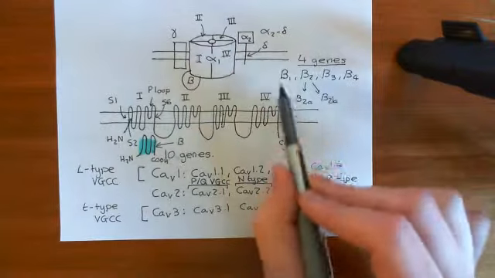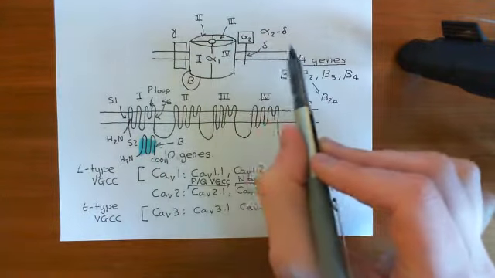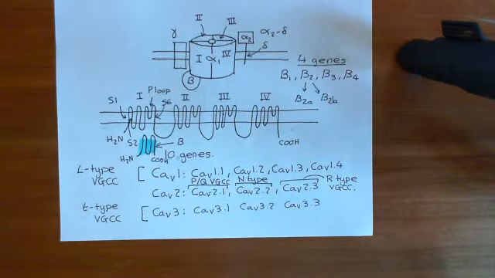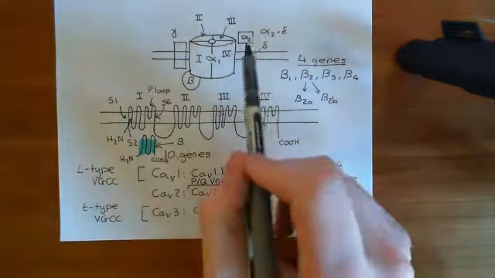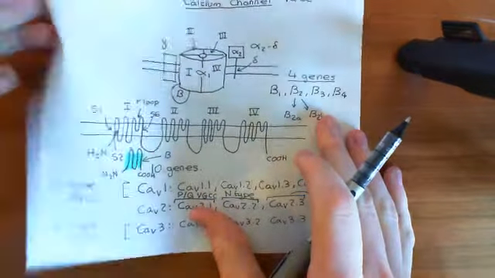And I should just mention the beta subunit can alter the properties of the alpha 1 subunit. It can alter the conductance, it can alter what sort of voltages it will activate at, things like that. Okay, let's next turn our attention to the alpha 2 delta subunit. Okay, so basically, if we get another piece of paper for this, okay, right,